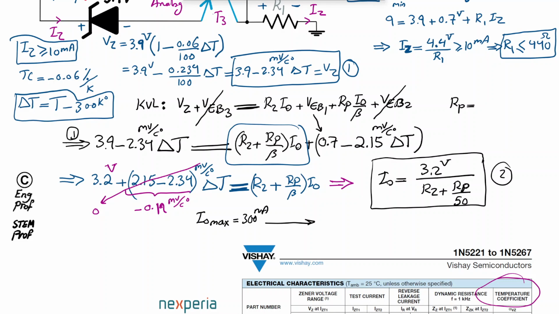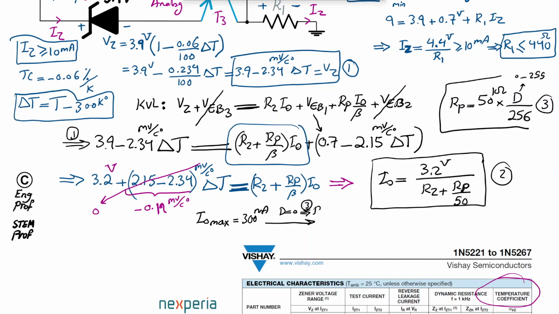So we get, with D set to 0, RP, let's say we go with the 50 kilo ohm choice, times the digital code word, which is 0 to 255, divided by 256. That's equation 3. So that translates using equation 3 to RP equal to 0, which means the minimum denominator as we wanted. So I max is then